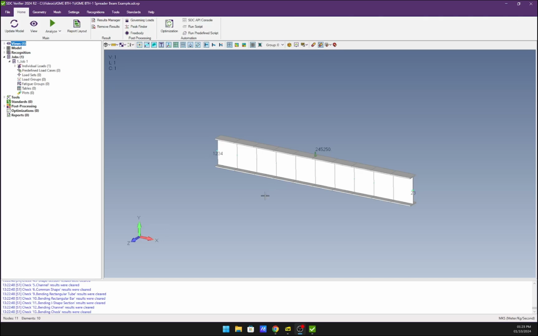Hello, in this video I would like to show you how you can perform a beam member check according to the ASME BTH-1 standard that has recently been added to the SDC Verifier library in the 2024 R2 release. For this purpose I will refer to this simple spreader beam example for which the FEA model is already created